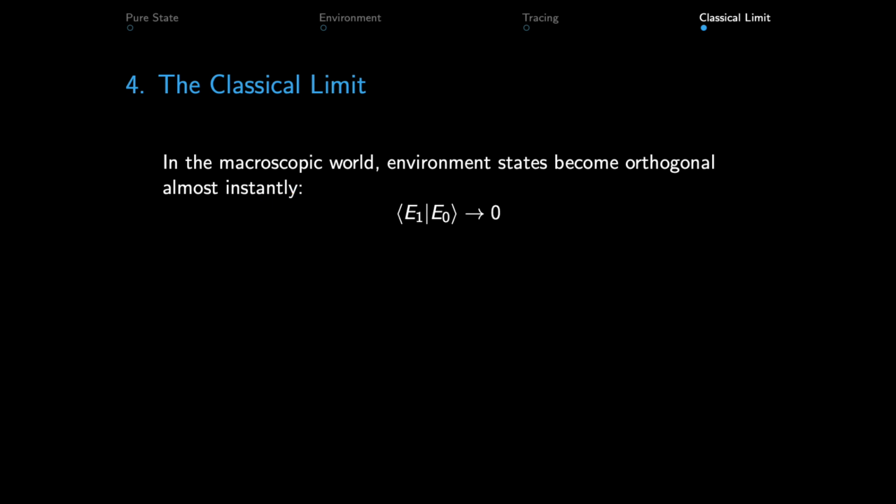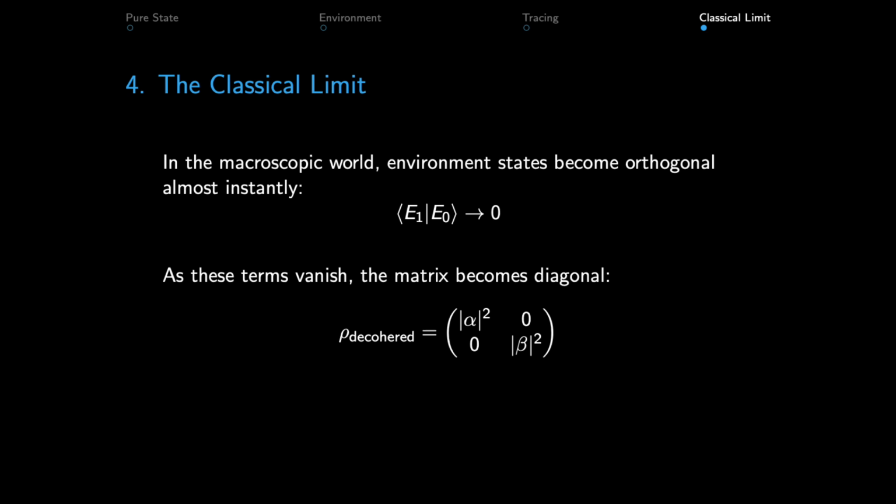Which means that this particular overlap, which we have been defining, tends to 0, which means that this product tends to 0, which means the off diagonal element which we defined in the previous case would actually vanish. And therefore, the matrix becomes diagonal in nature,